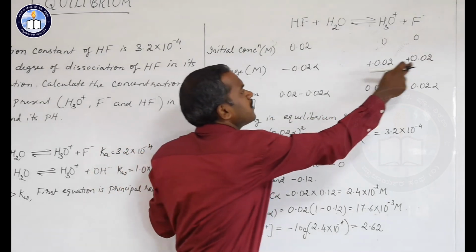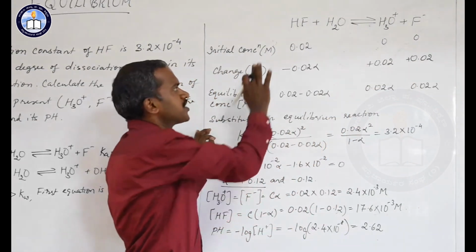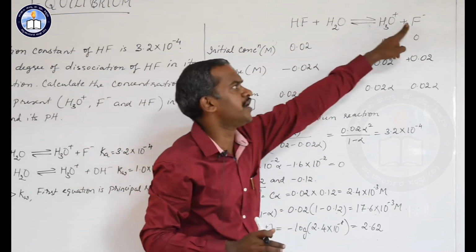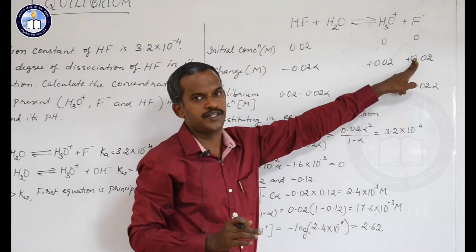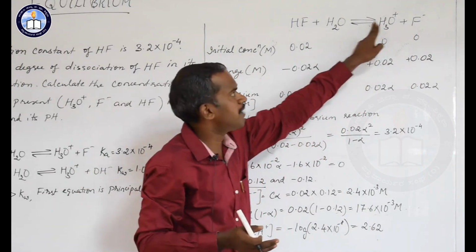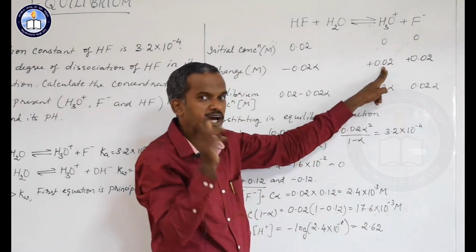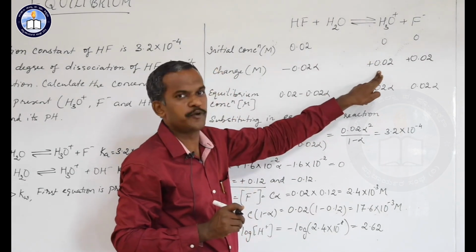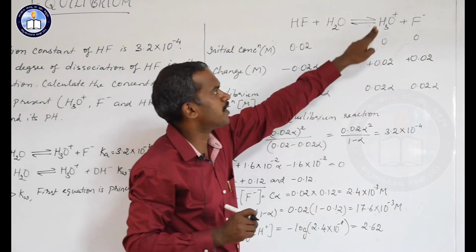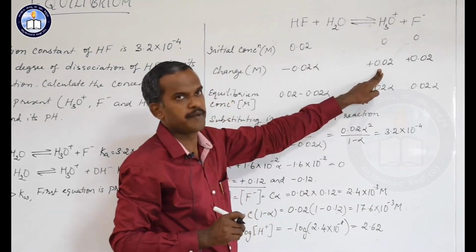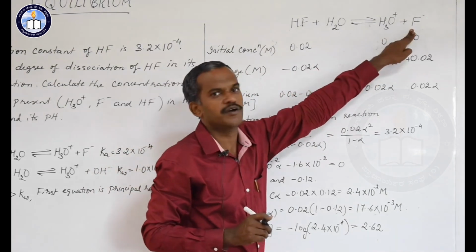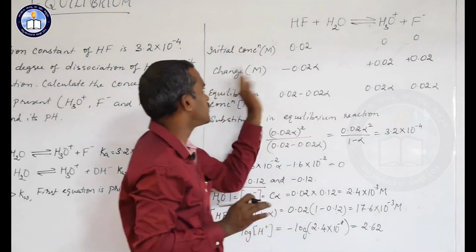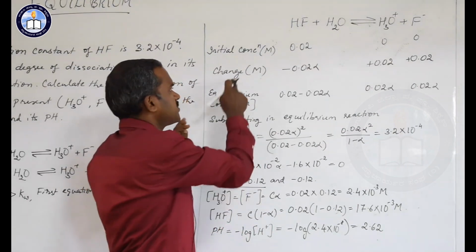So this will remain the same as we write C, the concentration of the substance. Whatever we take here, the same thing we write, 0.02 for both, and since it is 1 mole each, that value remains the same. Remember, suppose in other equations the number of moles is different, you must multiply that number with this number. Suppose 2H3O+ is there, now it will not be 0.02, it is 2 into that value. So whatever number comes in the balanced equation, that is to be multiplied. Since here the hydronium ion and fluoride ion concentrations are the same, 1 mole each, we take 0.02 and 0.02. So that is the concentration after time t, that is the change in concentration.